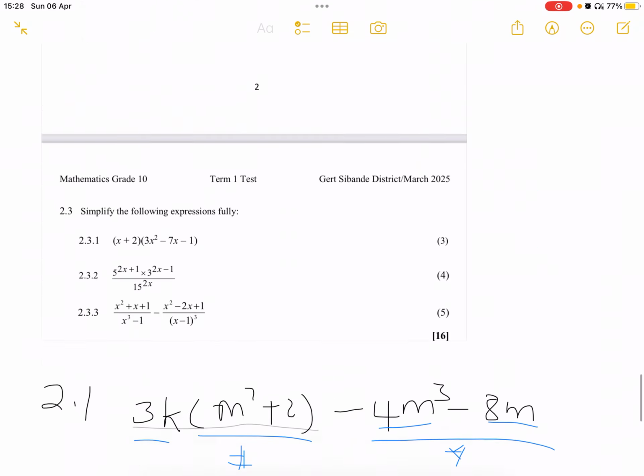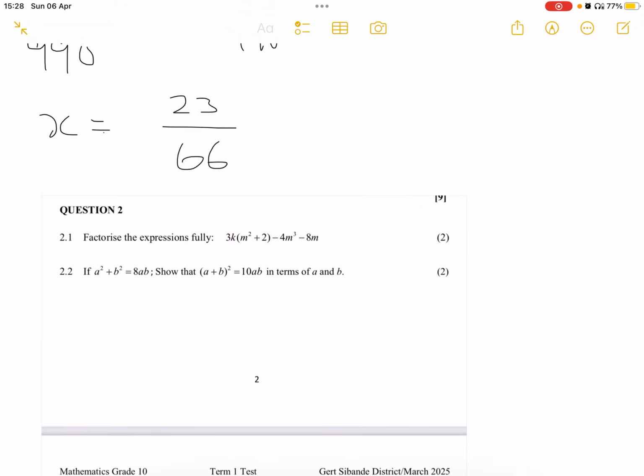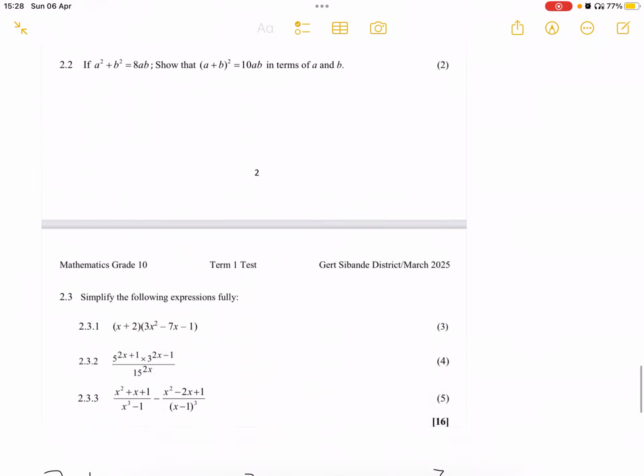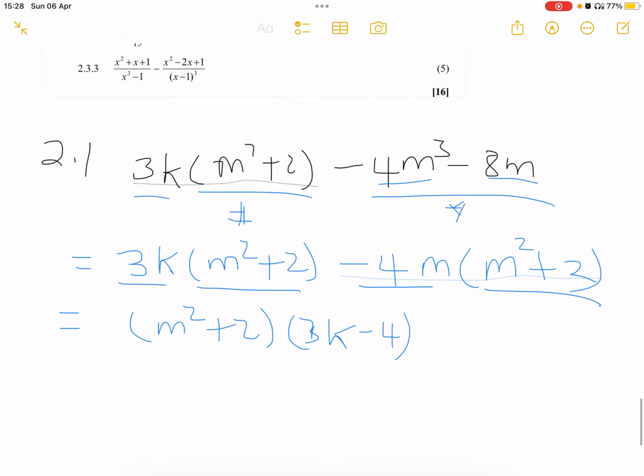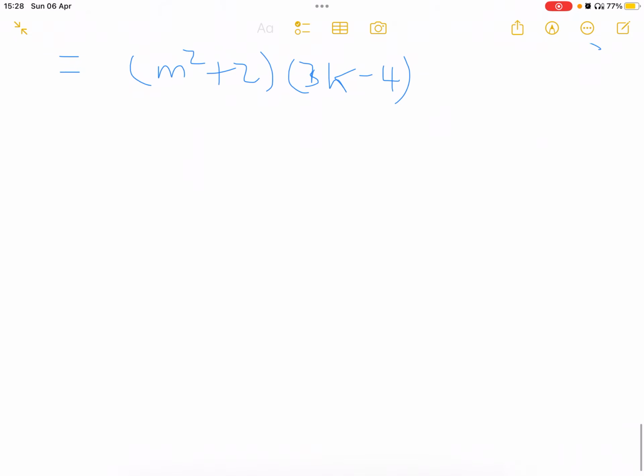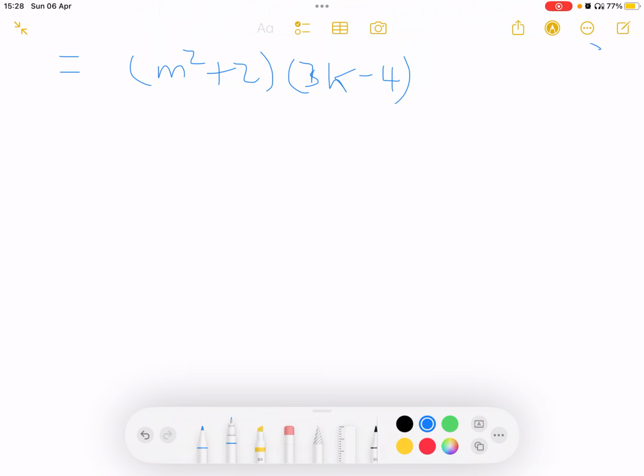When you go to the second question, it says if a squared plus b squared is equal to 8ab, show that (a plus b) squared is equal to 10ab in terms of a and b. Now this question would maybe appear in a grade 11 setting, but they put it for grade 10, which means you guys are capable of doing it. Right,